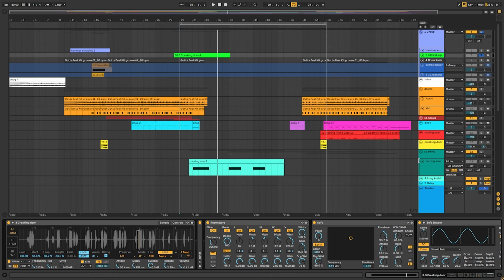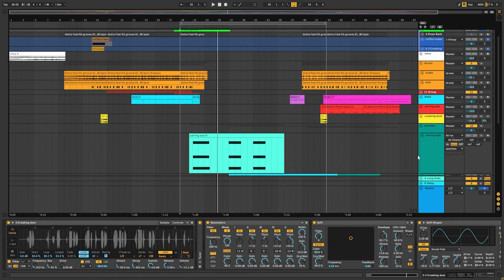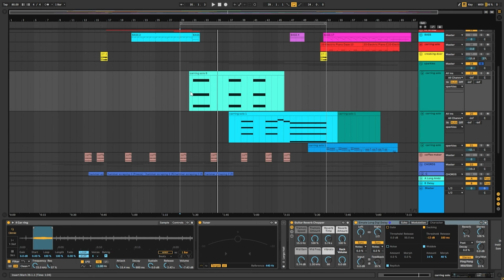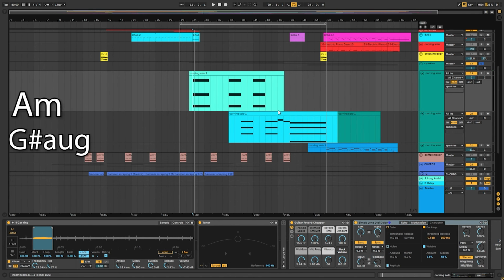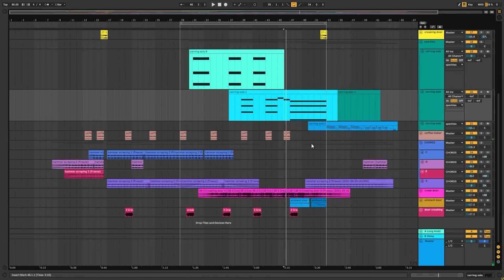And as you can see, the resonator is tuned to the note of C just to make it easier for me to create the chords that I want. Now the chords that I used for the main synth melody are A minor, G sharp augmented, and C. Now when the song is resolved here,